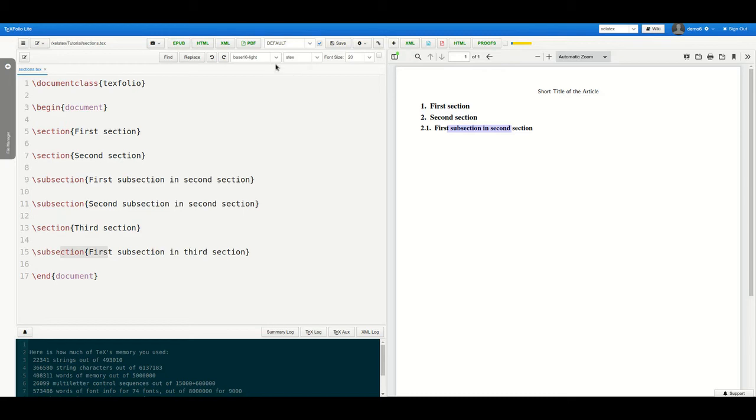See subsection, section and subsection commands. Click PDF button again. See the section numbers. 2.1, 2.2, then third section is numbered as 3 and the first subsection in the third section is numbered as 3.1.